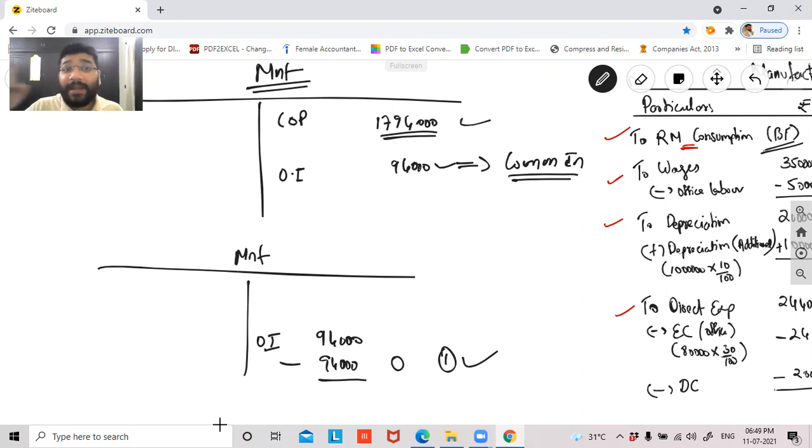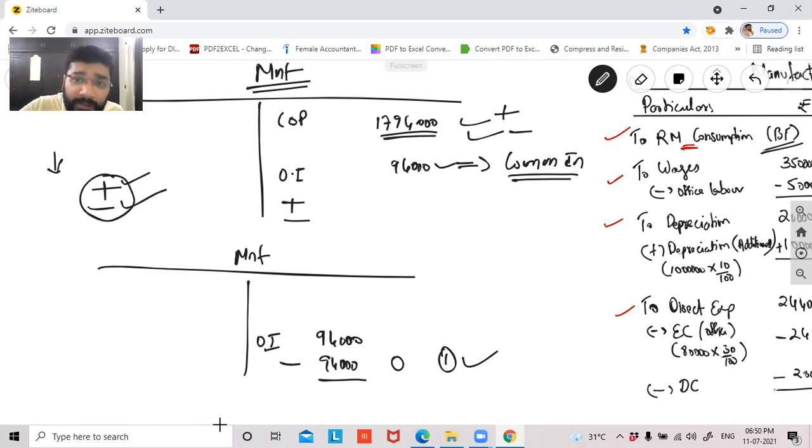Think and answer. When I spoke about expenses, I told you what you will plus and what you will minus. That is only in the case of debit transactions. Guys, understand, if I'm recording any expense on the debit side, it will increase my cost of production, so I have to plus. And if I reduce any expenses on the debit side, it will decrease my cost, so I have to minus. So don't go with the logic of plus and minus, go with the concept. If expense is reducing, your overall cost of production also will come down. If your expense is going up, your overall cost of production also will go up.